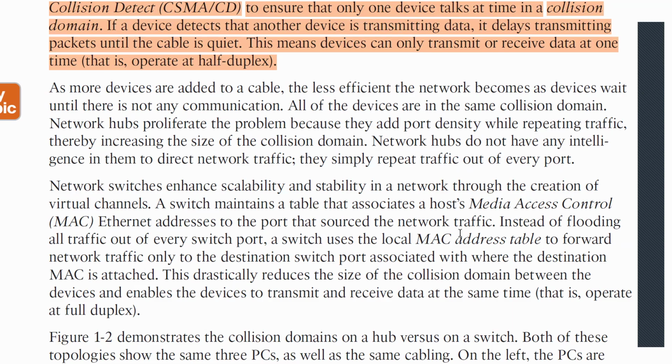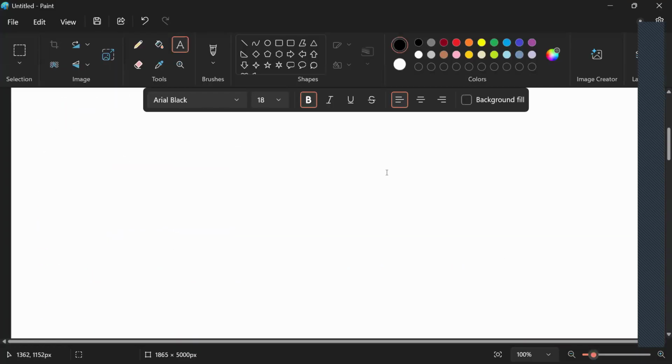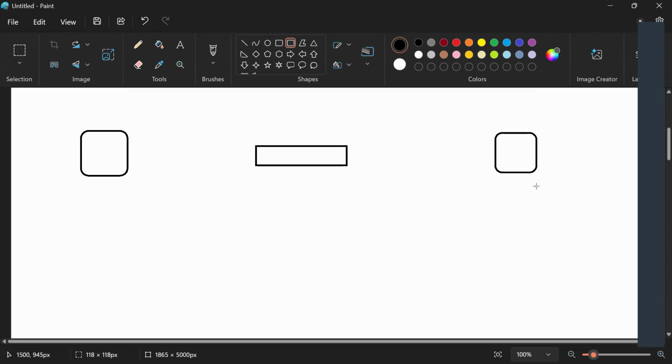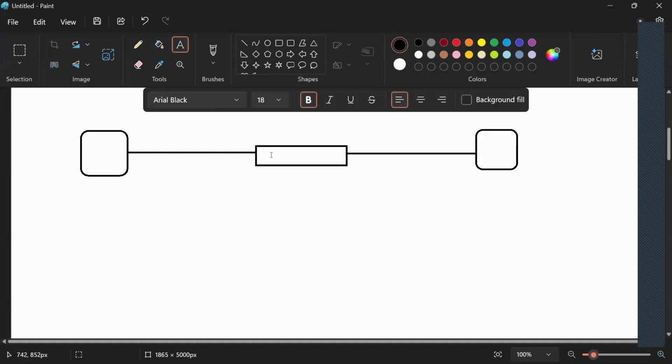If we take an example here, let's say we have a switch and we have two PCs. This is a switch.